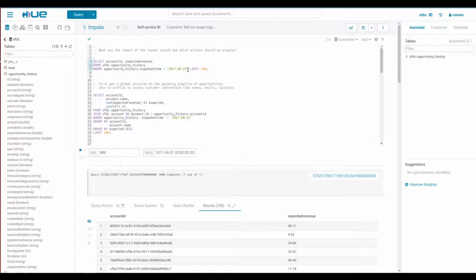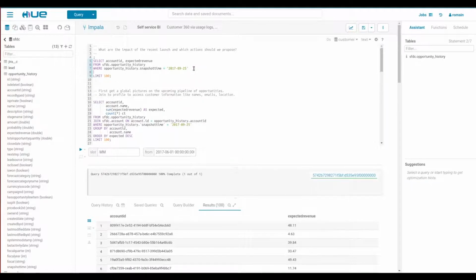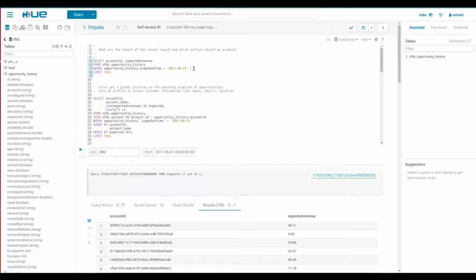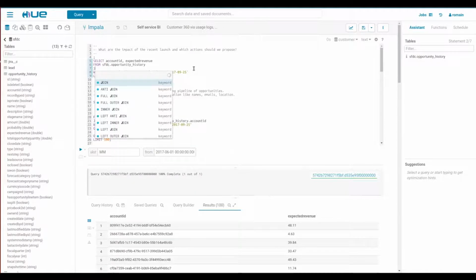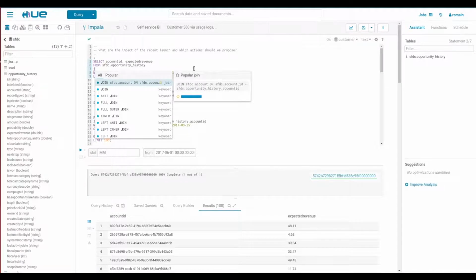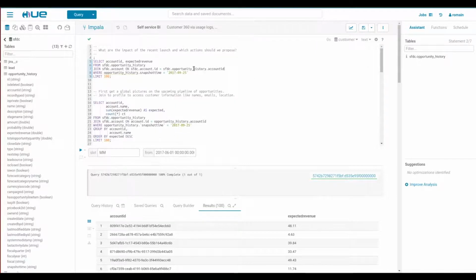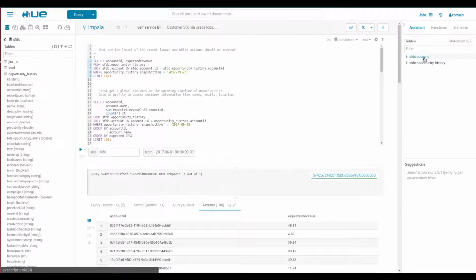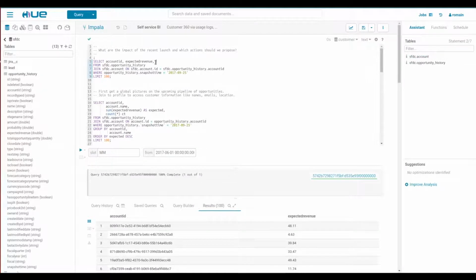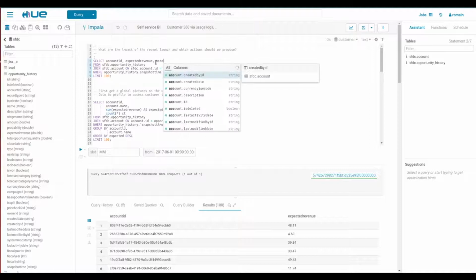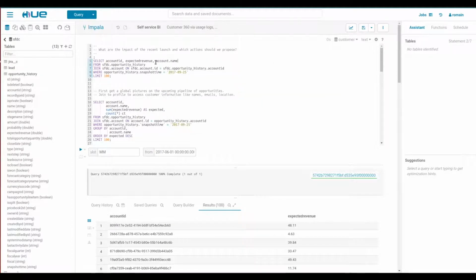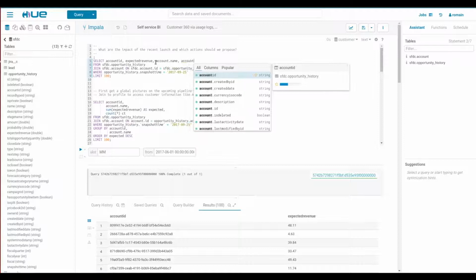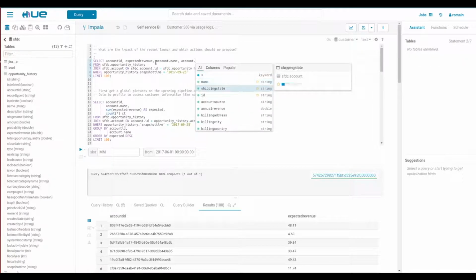This is interesting. It would be even better if you were joining this data with another dataset. And same, the assistant is bubbling popular joins on these datasets and proposing to join on the main Salesforce account table. It means now I can get my opportunities and also my list of customer name, or was it shipping code, shipping state, instead of just the ID.